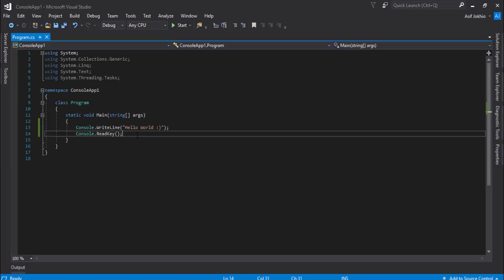This is all about how to download and install Visual Studio 2017 on your Windows 10, or you can use any other Windows like 7 or 8.1. You can use this method to install the Visual Studio on your